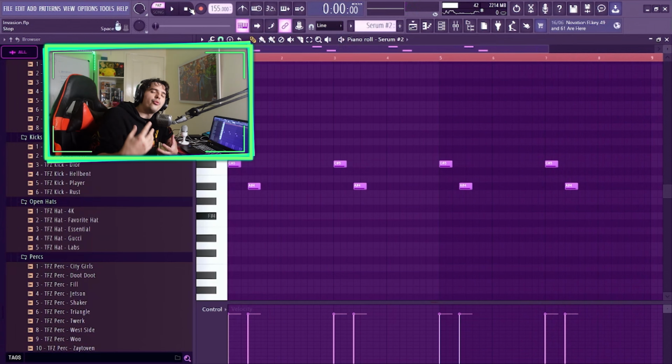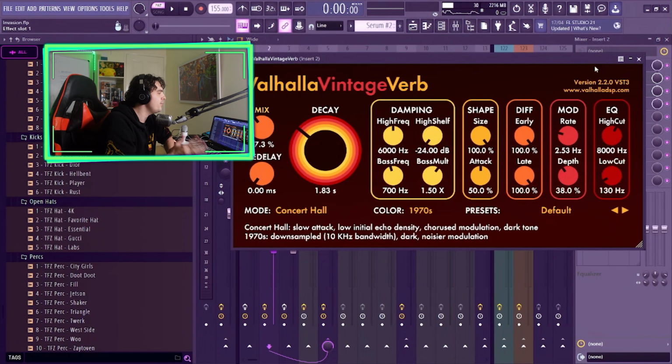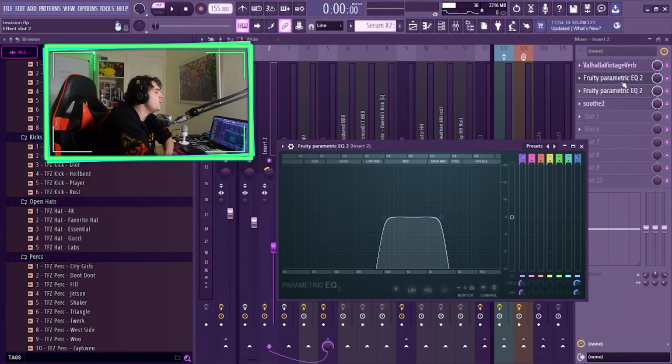Just keeping it really simple, using it as more of an accent. Going on to the effects with this one, we do go a little bit crazy with it. We have a Valhalla Vintage Verb come in, mix on 37%, pre-delay 0, decay 1.83 seconds, and a low cut of 130 hertz. An EQ comes in where we get rid of a decent amount of high end, but a